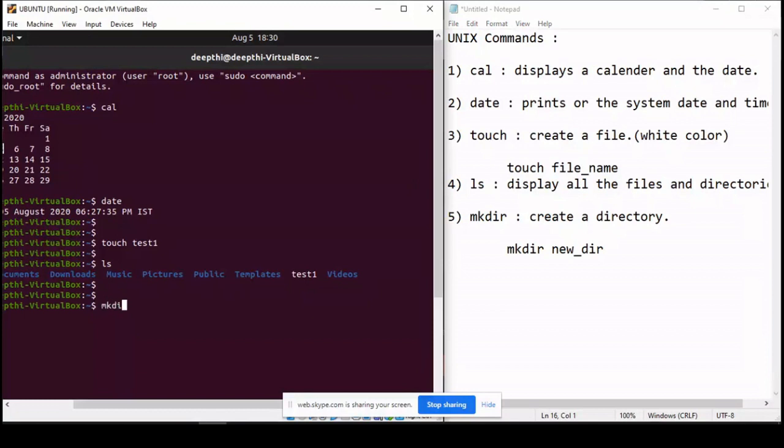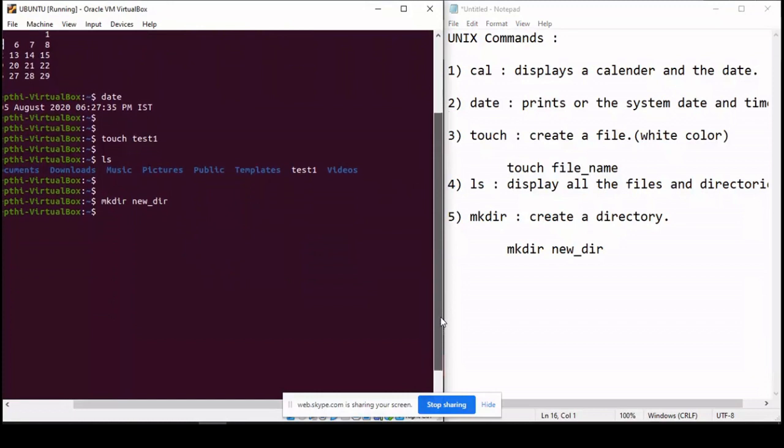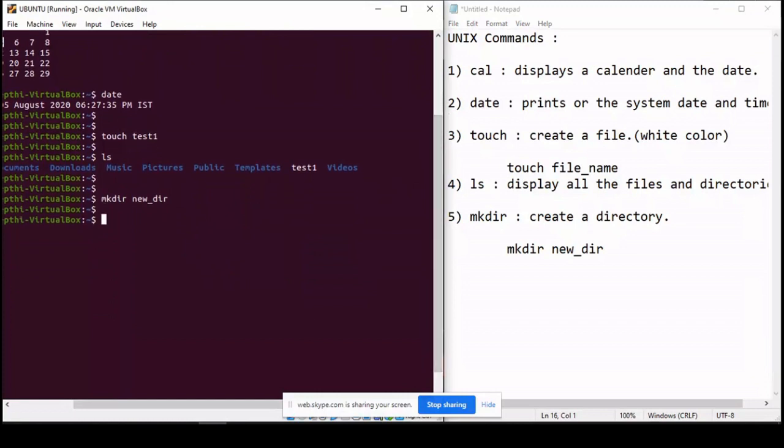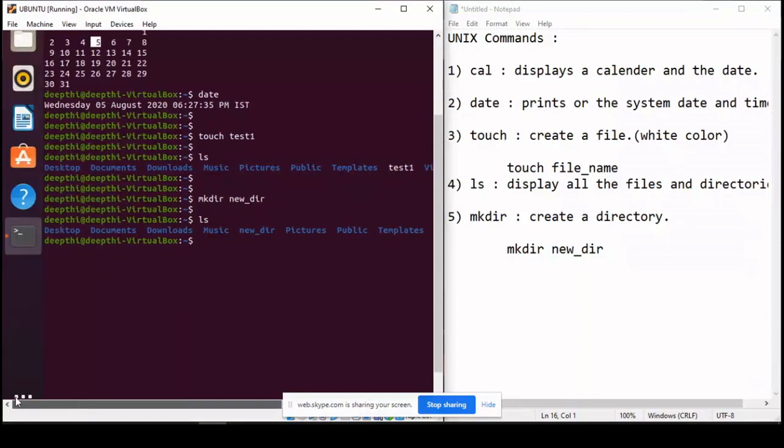I'll write mkdir and I'll write newdir, right? So again, let's see whether it has been created or not by using the command ls, which will display all the contents of the directories and files. Now we can see here that this new directory has been created, right? And because this is a directory, that is why the color is blue, right?